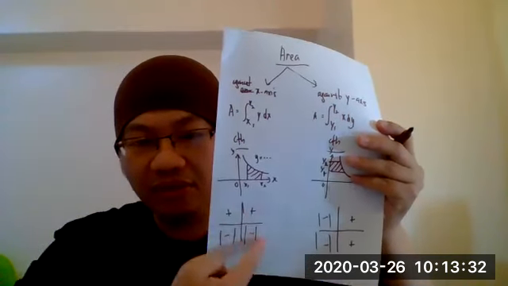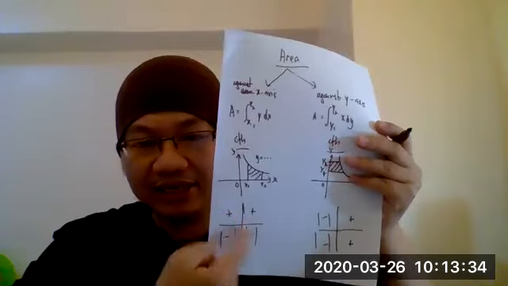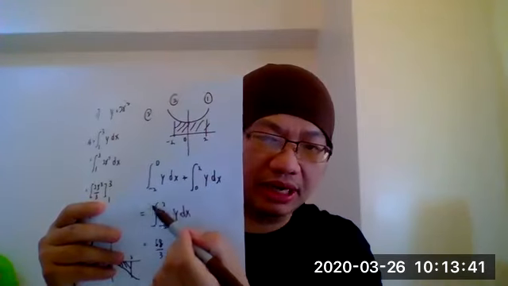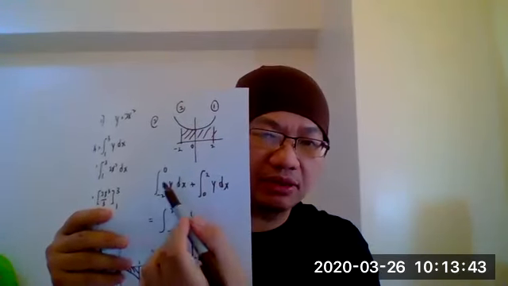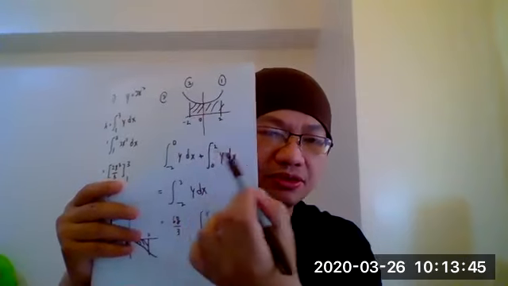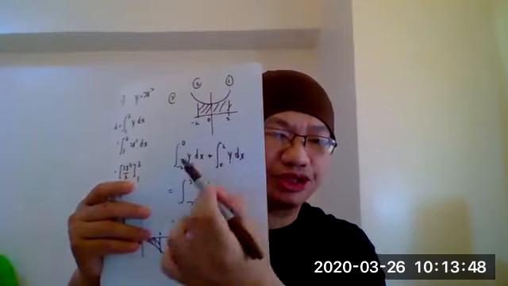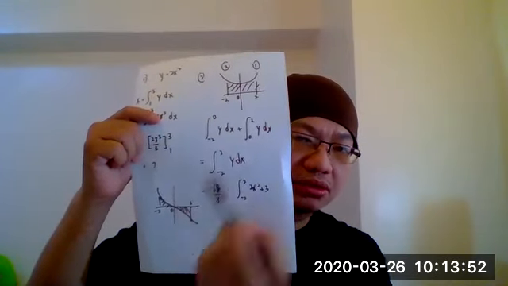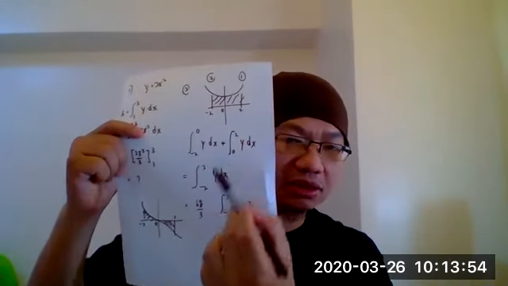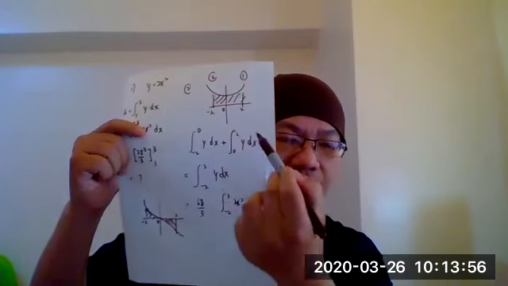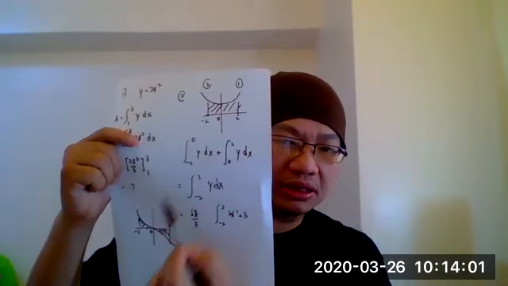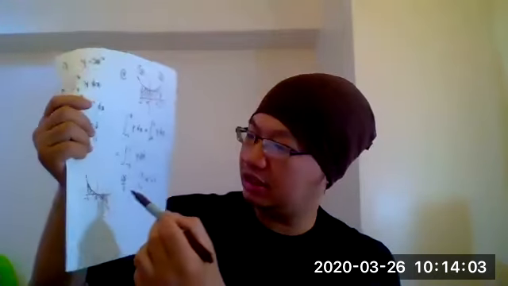So if there are two different kinds of character like this, we cannot use this method. This one cannot use. We must use the first method here. We must do the split integration. That means you must integrate from -2 to 0, plus the integration from 0 to 2. And then when you do the manual calculation, the -2